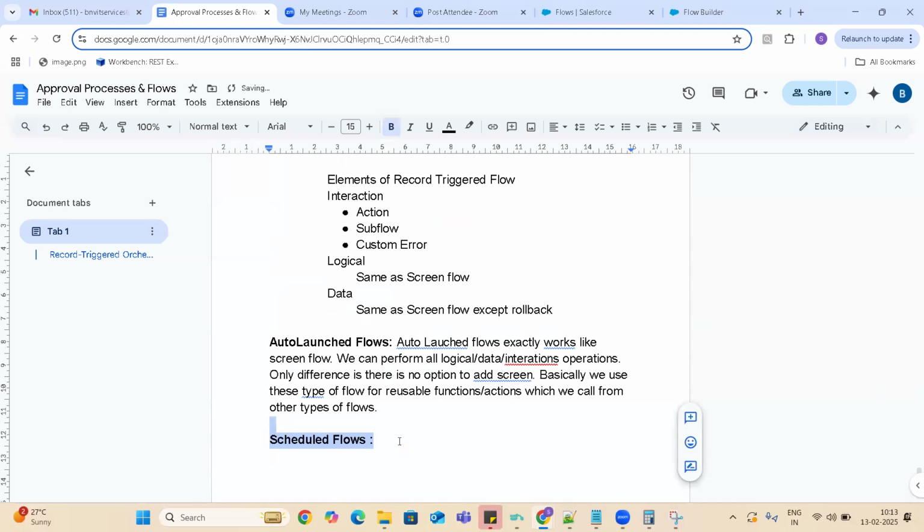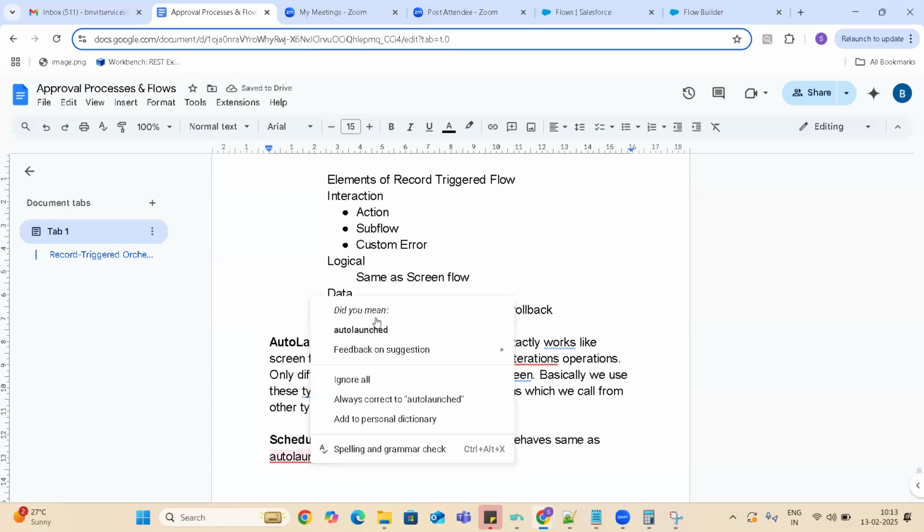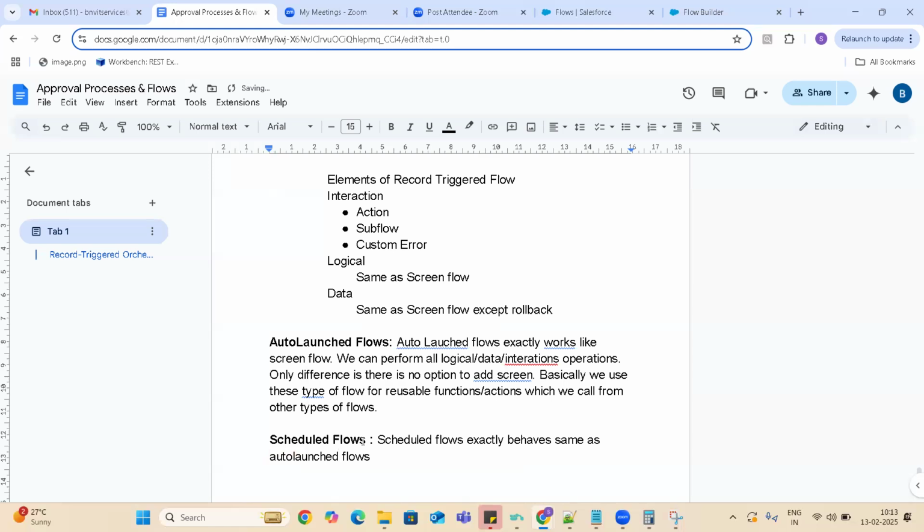Scheduled flows behave the same as auto launched flows. On top of this, we can run this flow at a particular time.